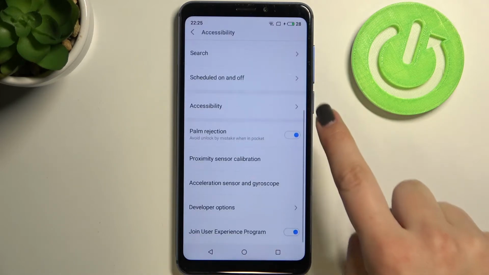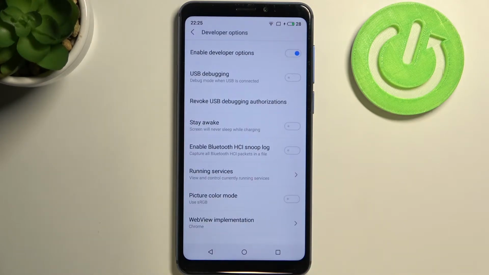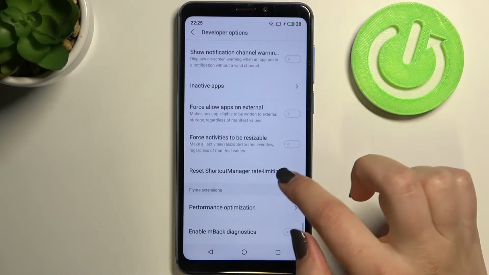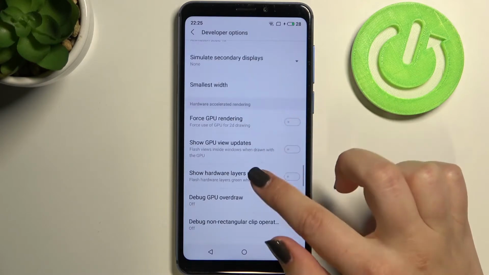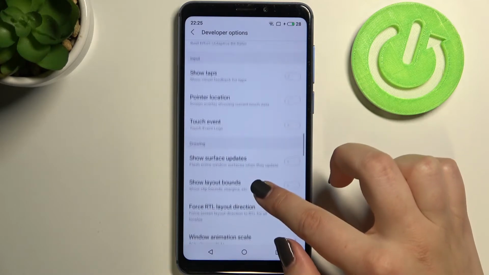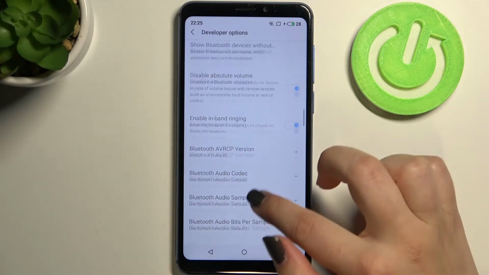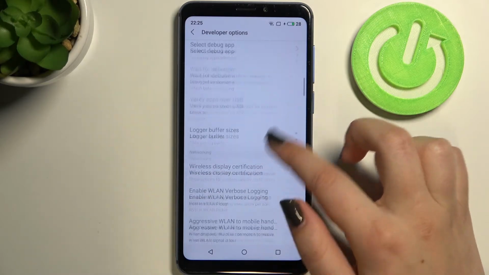Let's check the accessibility, maybe here, and as you can see, after entering the accessibility and scrolling down, you can see the developer options. So let's enter, and here we've got quite a lot of settings, additional settings which we can customize. So for example, we can change the window animation scale, we can show surface updates, show the pointer location. Here we've got some options which are connected to the Bluetooth and so on and so on, so you